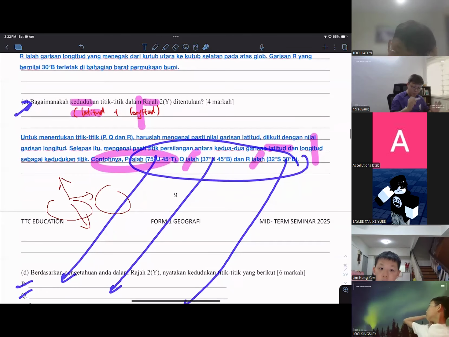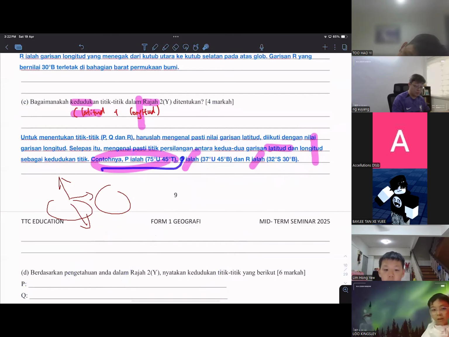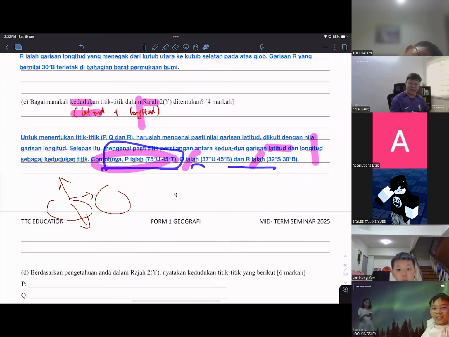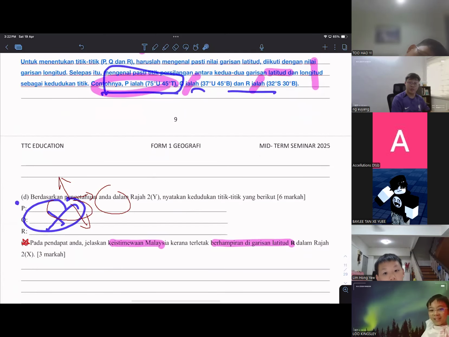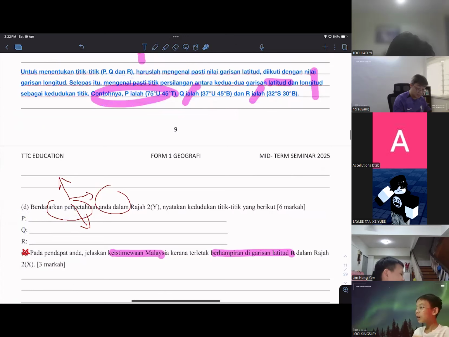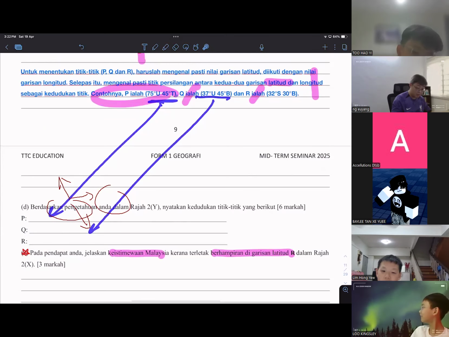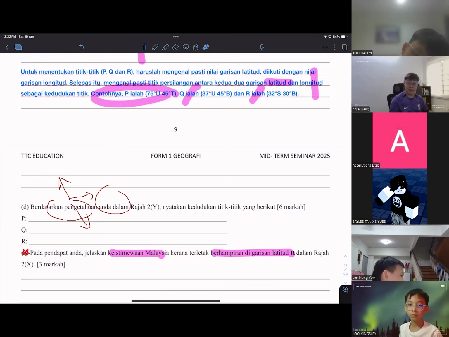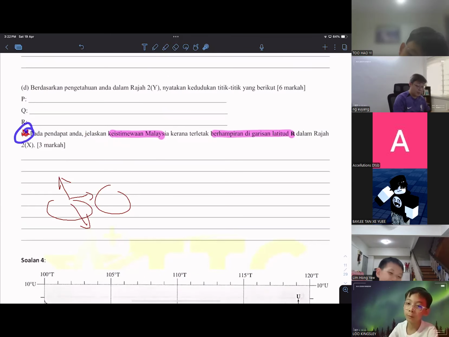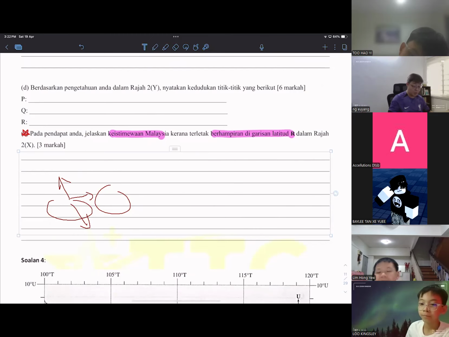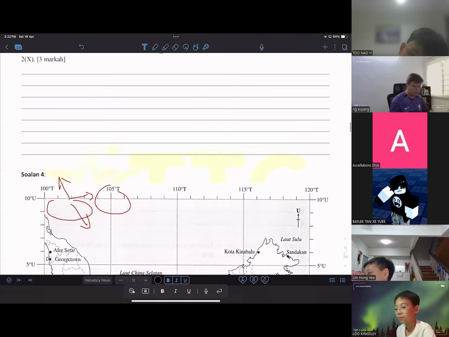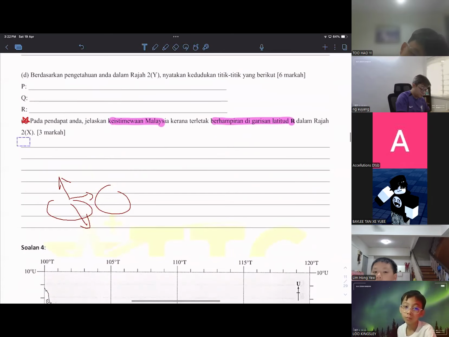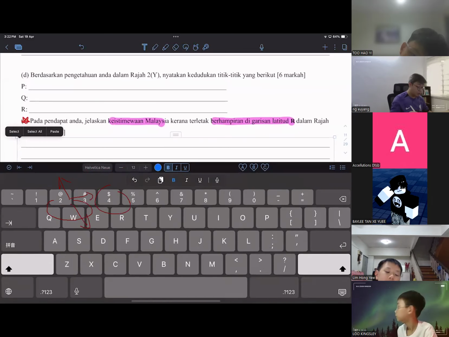Okay, so that's why when you guys are trying to score for the 4 marks, contour give 1 will do. I'm trying to give 3 contours so that I save time for the questions here. Okay, that's the answer for your P, Q, and R. So, here are questions. When Malaysia is nearer to the equator, what does that mean? This is going to link to your form 2, part 4. So, anyone?